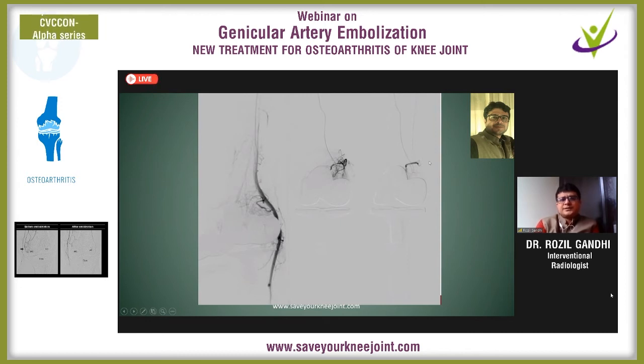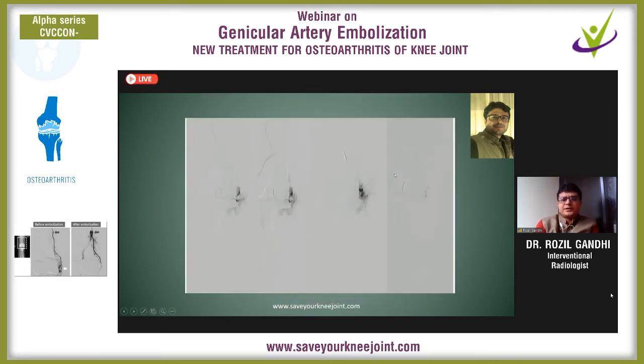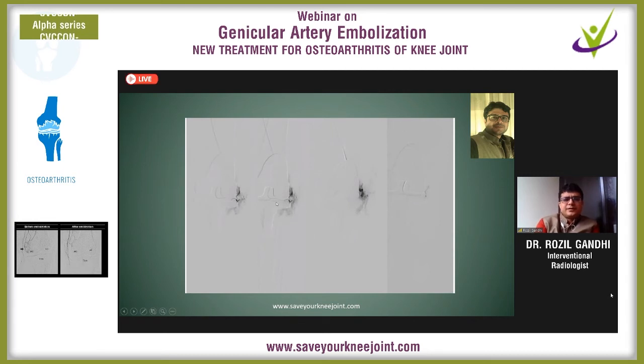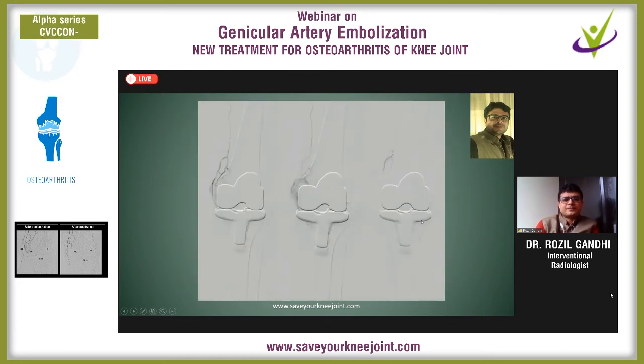This is pre-embolization. This is post-embolization. The main trunk of the artery is patent while the blush has gone. So the blush is embolized. Similarly, another images showing pre-embolization and post-embolization images. Descending genicular, you can see mild blush,